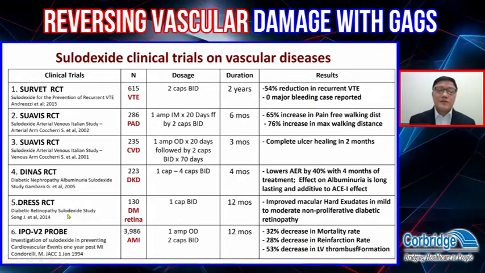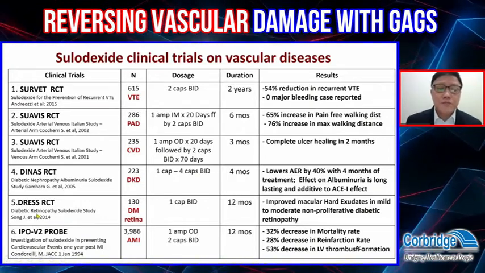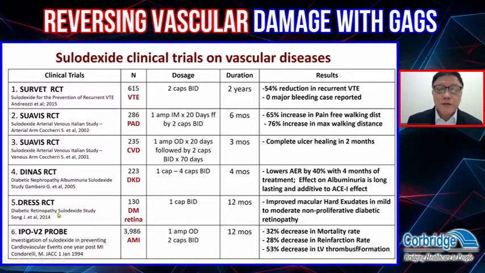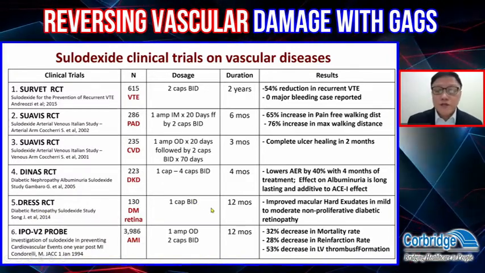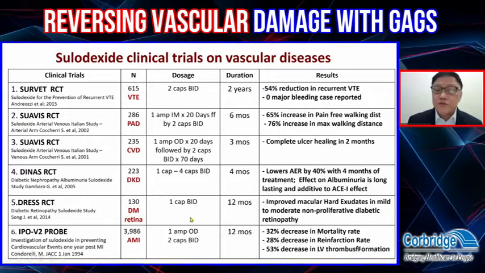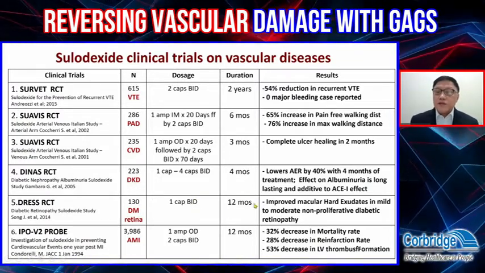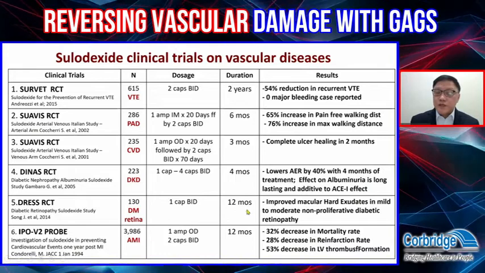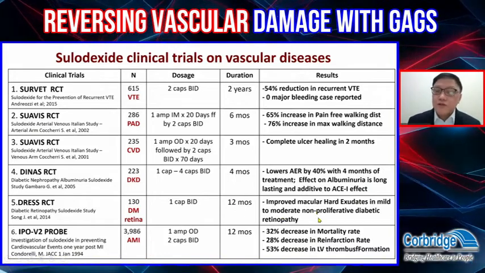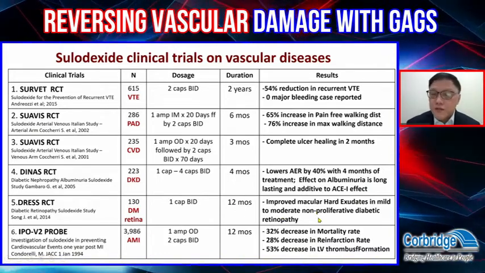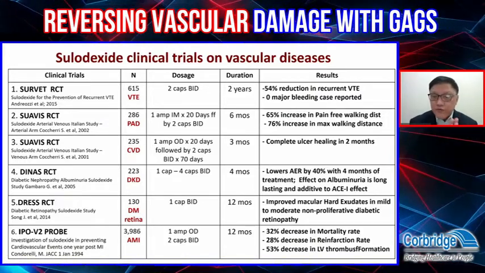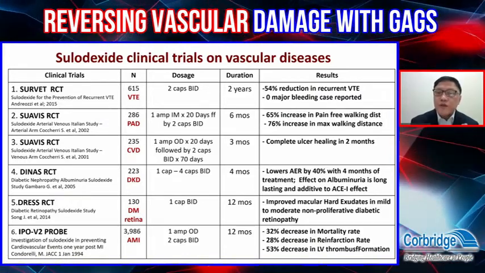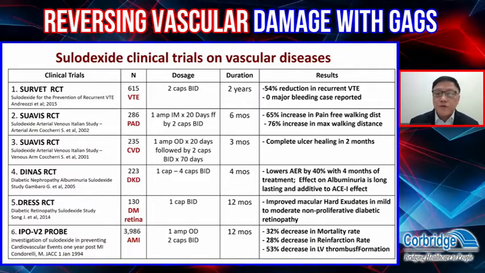The next is the DRESS RCT on people with diabetic retinopathy, where sulodexide was given 1 cap BID versus placebo and observed for 12 months. And there was a reduction in the macular hard exudates, which means that it can prevent progression from non-proliferative to